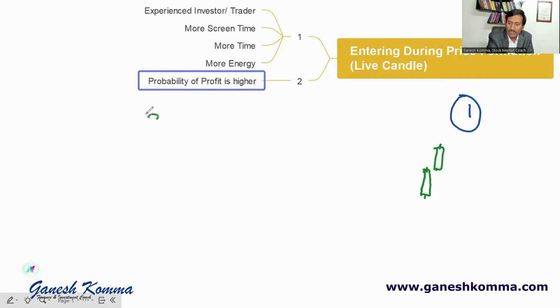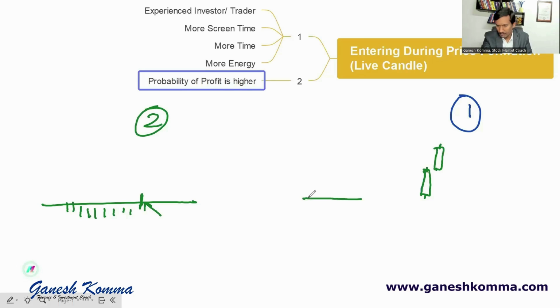But in this kind of a setup 2, during the breakout, when the stock is consolidating for a very long period and is crossing its resistance, you enter during this period. In the first setup, you enter after the setup is confirmed, after you get a good confirmation. But in the second setup, the same stock, you are entering during the breakout.